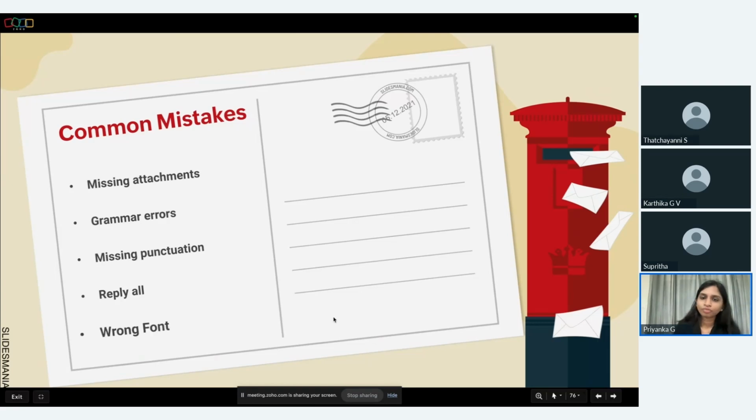Then you have wrong font. So as we already discussed, it might hurt the eye or it might be difficult for the person to read. So make sure you stick to the right fonts or standard fonts. So avoid these mistakes at all cost. But now I'm going to show you a trick. Even if you've made these mistakes, how you can instantly correct them even if you click on the send